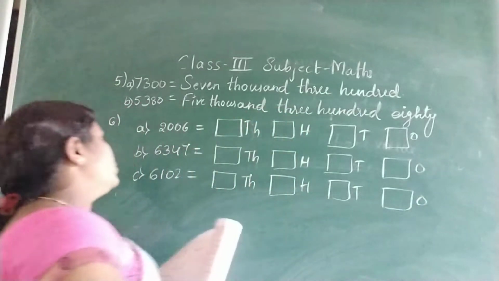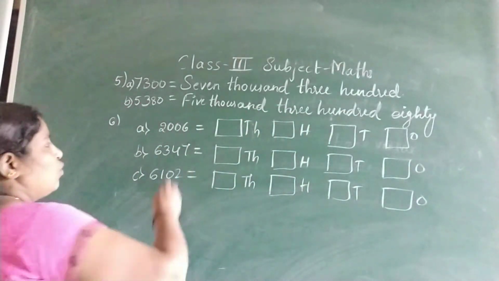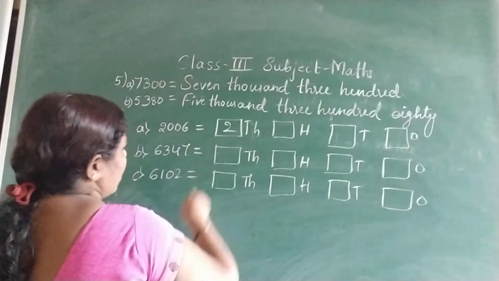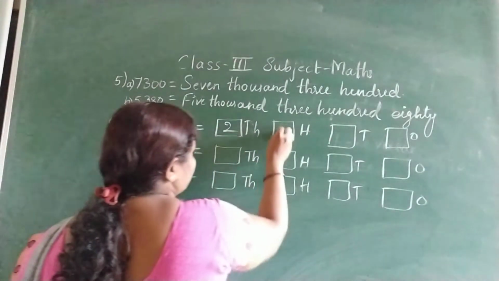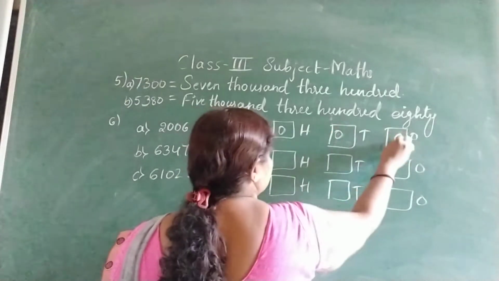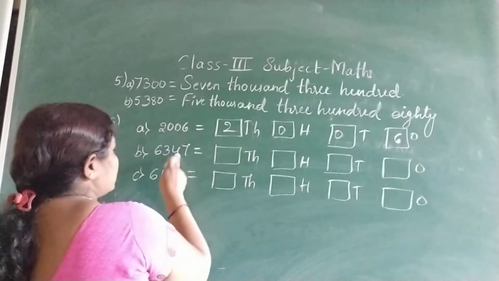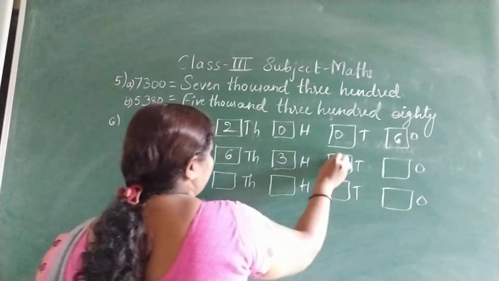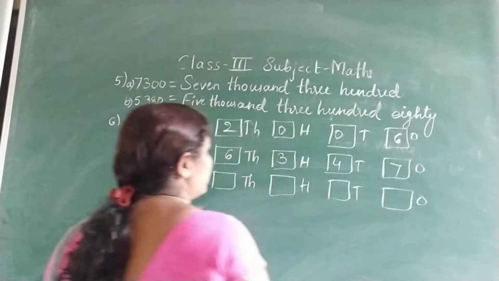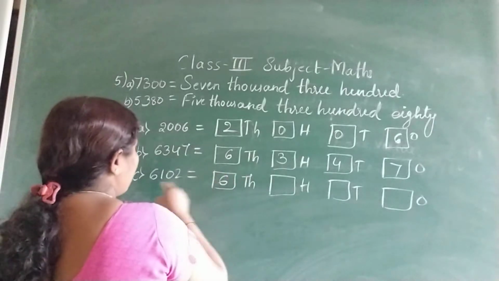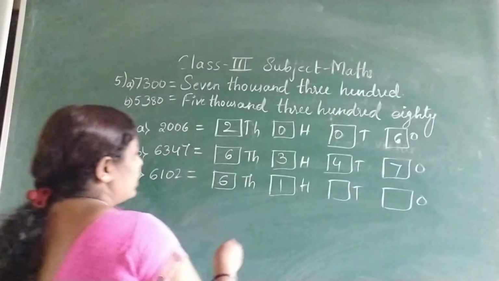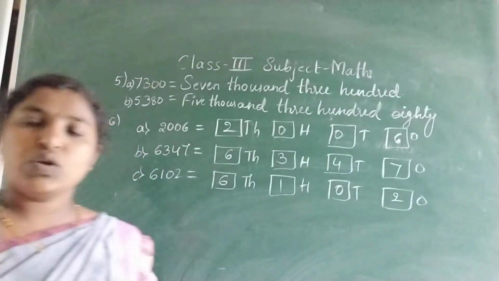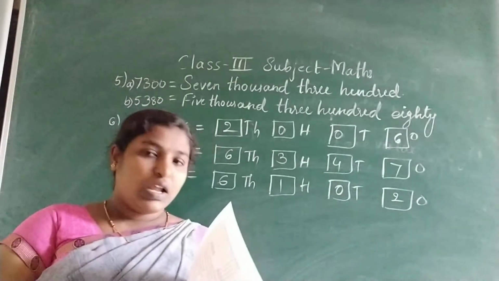Okay, now just see this. Ones, tens, hundreds, thousands. So 2 thousands, 0 hundreds, 0 tens and 6 ones. Again ones, tens, hundreds, thousands: 6 thousands, 3 hundreds, 4 tens, 7 ones. 6 thousands, 1 hundred, 0 tens, 2 ones. So you also write this in your textbook. And next,